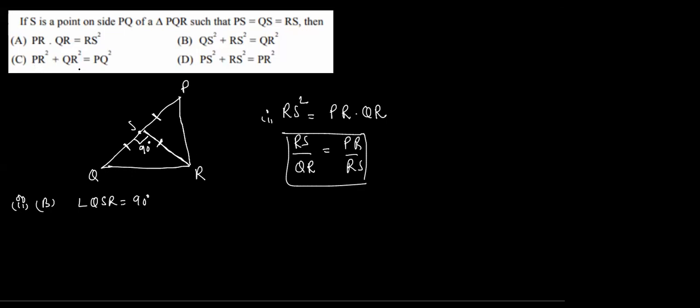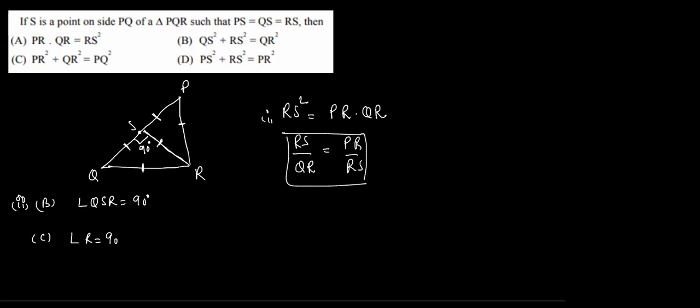Okay, here we have PR square plus QR square, means PR square, this one, plus RQ square, RQ. Okay, this one, RQ square, this one, greater side. So PS square plus RQ square is equals to PQ square. So for proving the option C, you need to prove angle R is equals to 90 degree. Okay, indirectly यही बात है, अगर आपने ऐसा प्रूव कर दिया तो question will be proved. So actually you need to prove this one is 90 degree. Okay, and let's move to the next question.